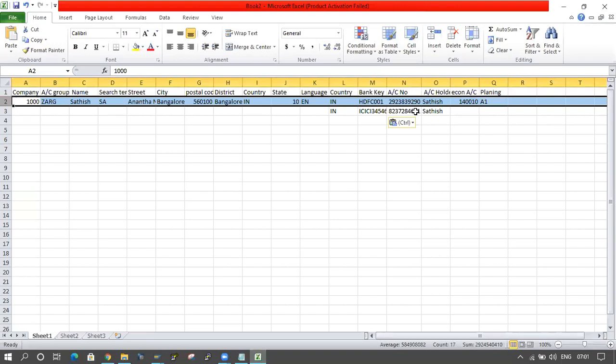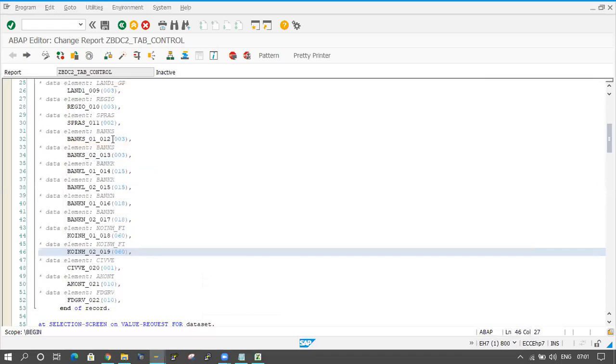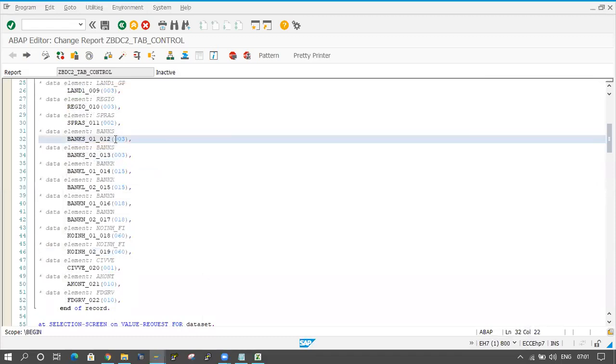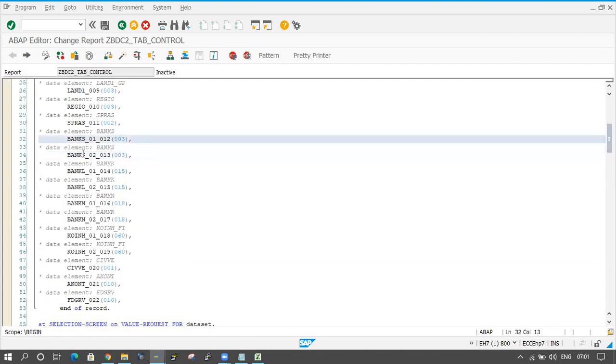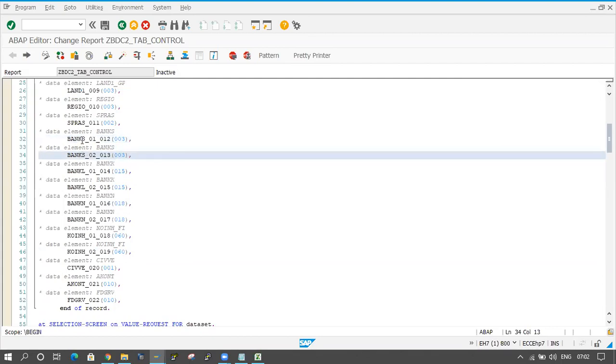So in the first line I am passing the first bank details, and in the second line the second bank details. So what do we have to do here? Banks is coming here, and here also banks, but the naming is banks 01 and banks 02, right? So I don't want two fields here. I will remove one field.